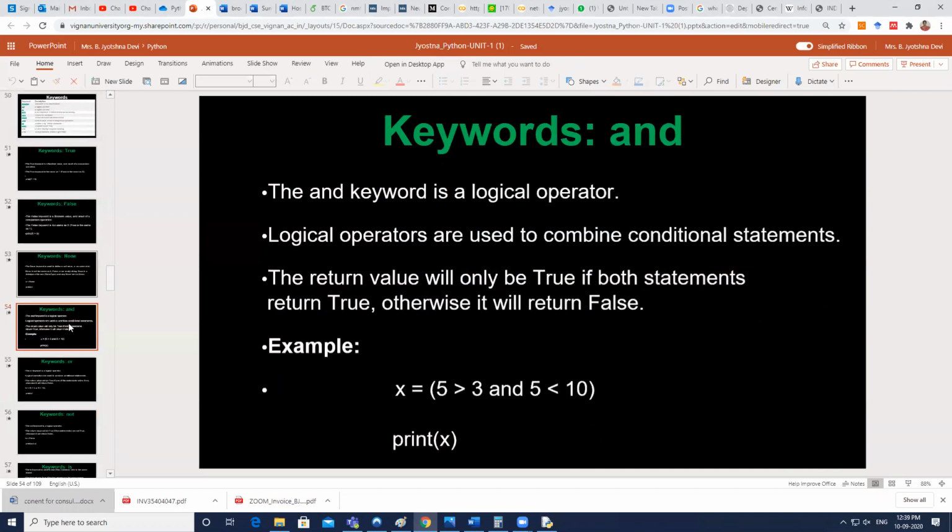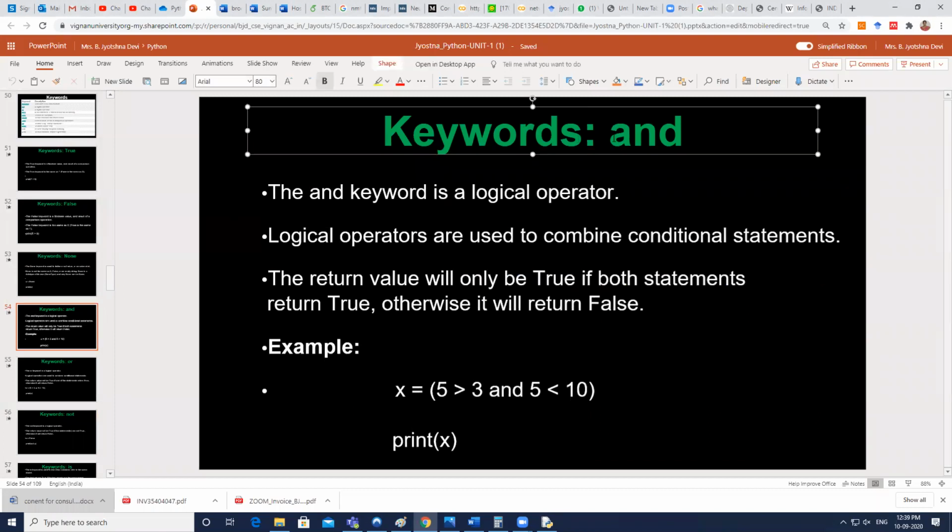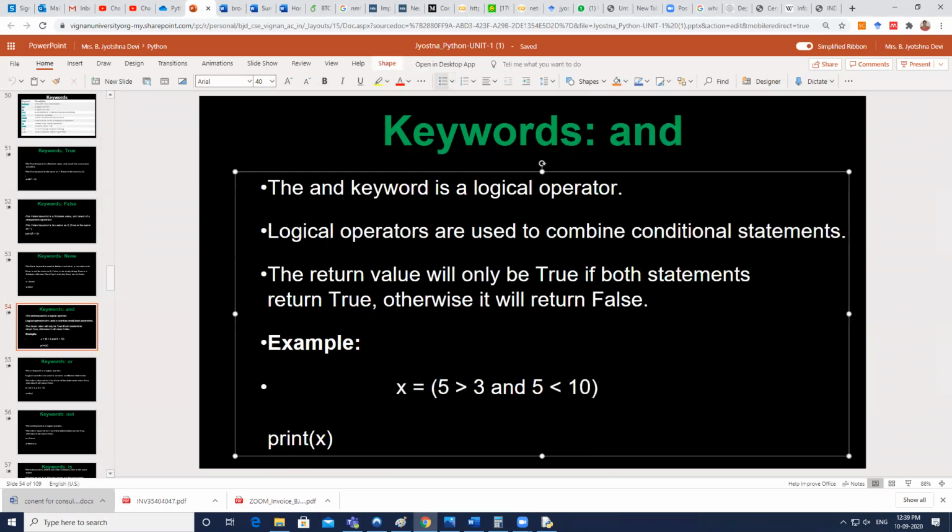And the next reserved keyword is and. Do you remember the and keyword? You know about the and keyword. Why do you use and? and is basically a logical operator. Whenever you want to combine two or more conditional statements, you use the logical operators, right? Either and or or you can use.